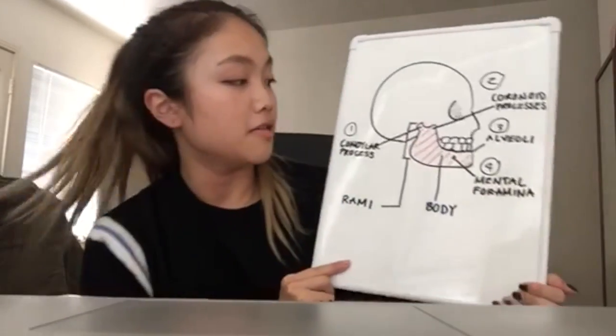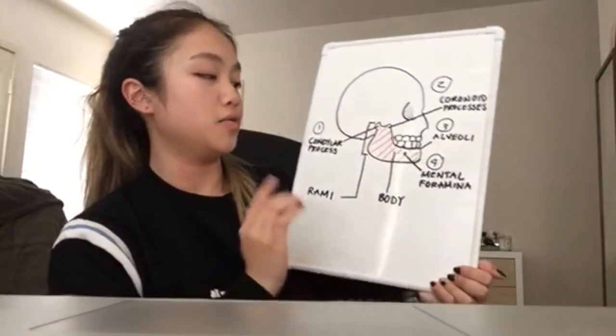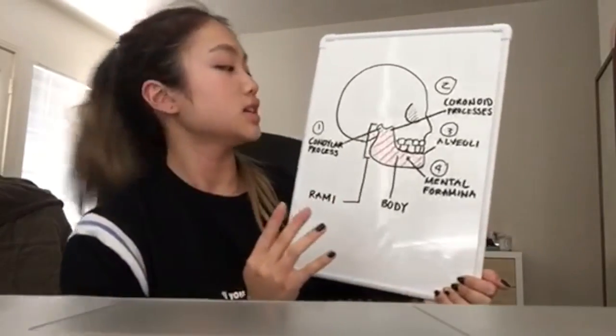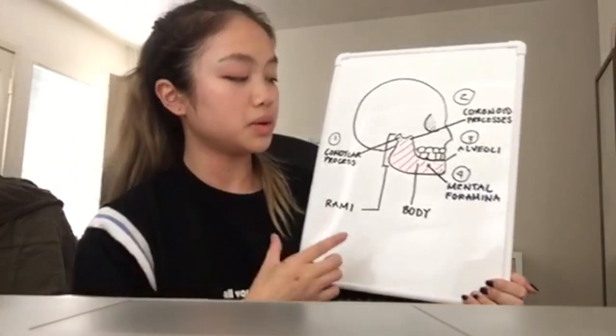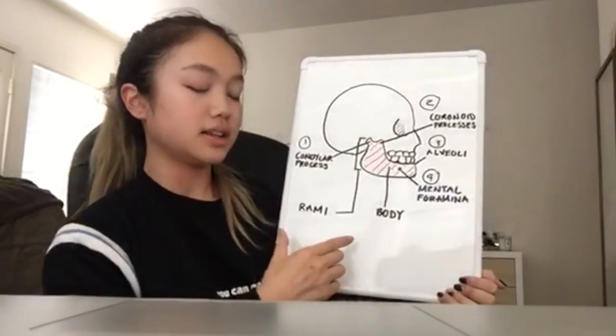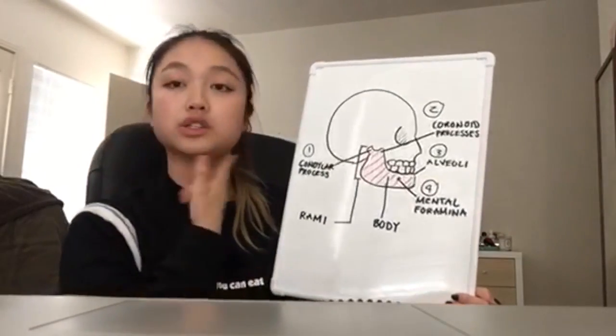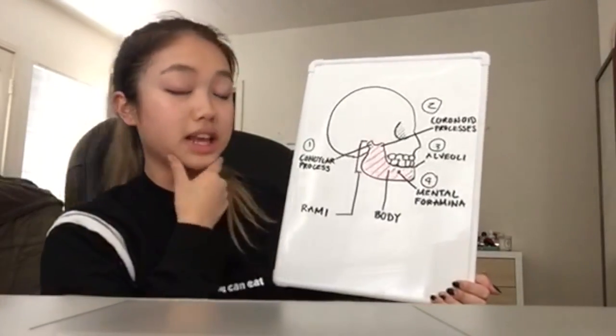The main roles of the maxilla bone are mastication and communication. So for the mandible of the facial bone structures, we've got 4 bone markings. But first, the mandible is divided into 2 portions: the posterior portion known as the ramus, or rami for plural because we've got 2 sides, and the anterior portion